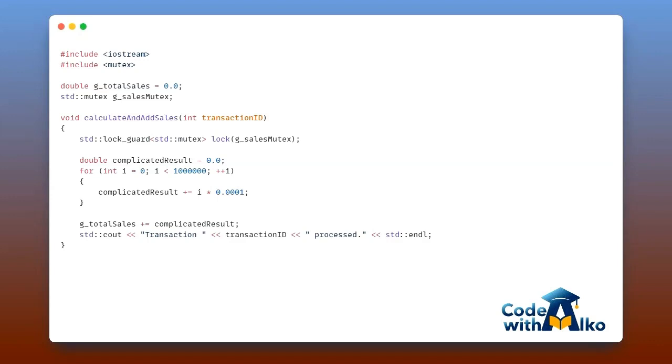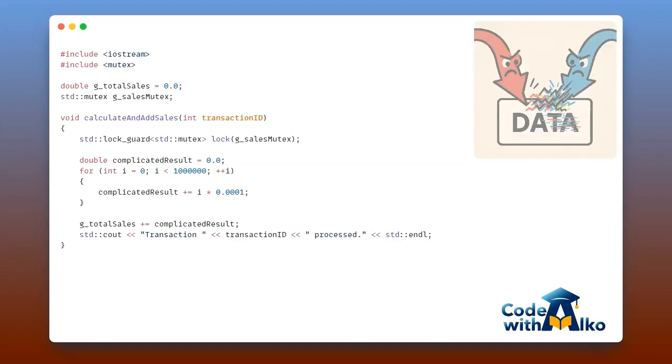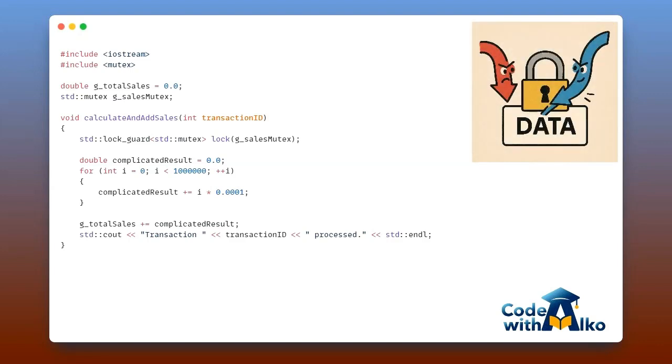So, what is a critical section? Let's imagine you have a shared resource, like a total sales counter for an online store. Multiple threads might be trying to update this container at the same time as new sales come in. If two threads try to add a sale amount simultaneously, you could end up with a wrong total. It's a classic race condition. To stop this from happening, we use a tool called a mutex, which is short for mutual exclusion.